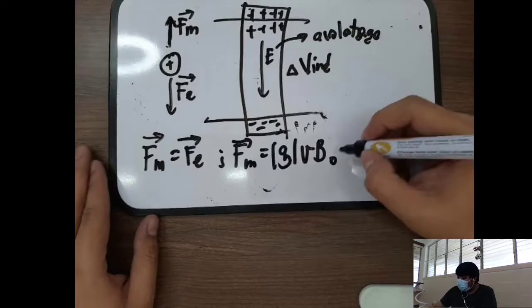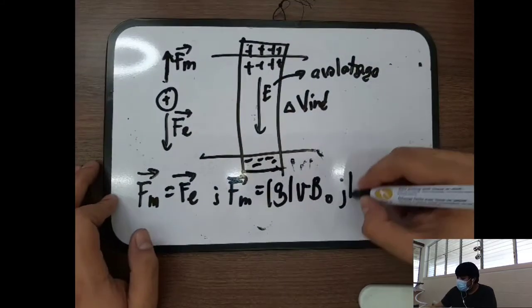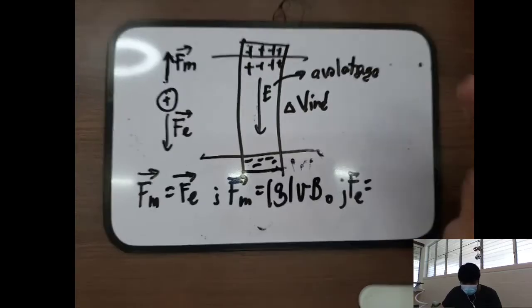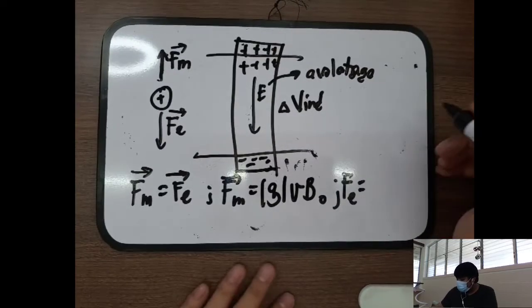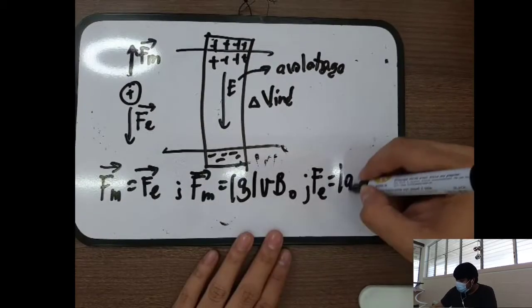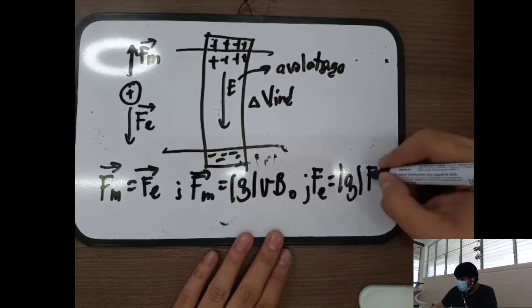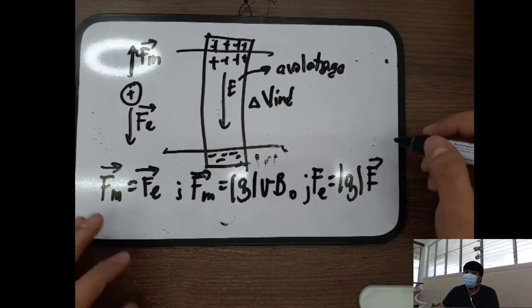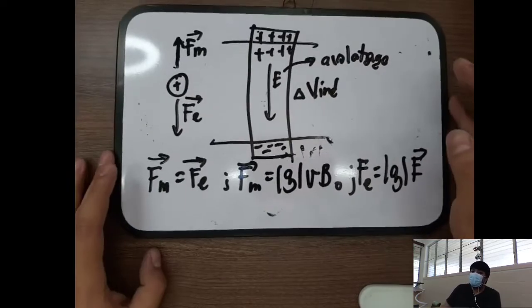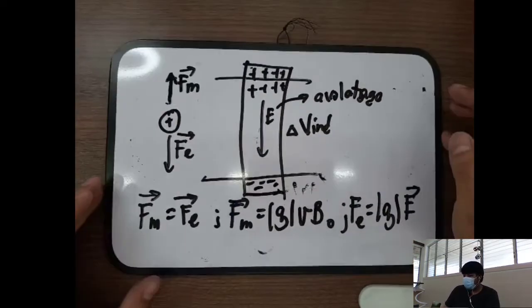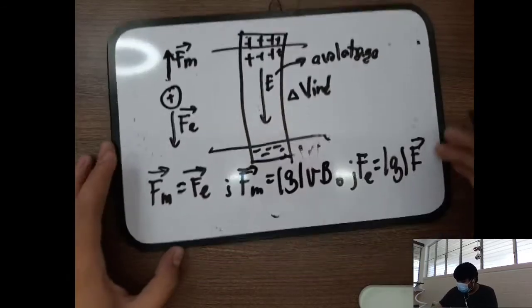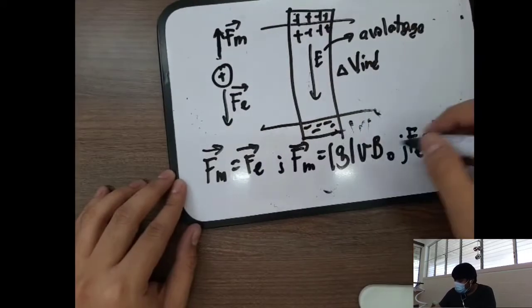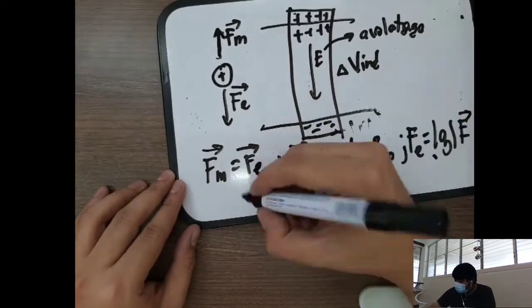Also, the electrostatic force by Coulomb's law is equal to the charge times the electric field. Remember, the definition of electric field is the amount of force exerted per point charge. So substituting these two expressions, you will get